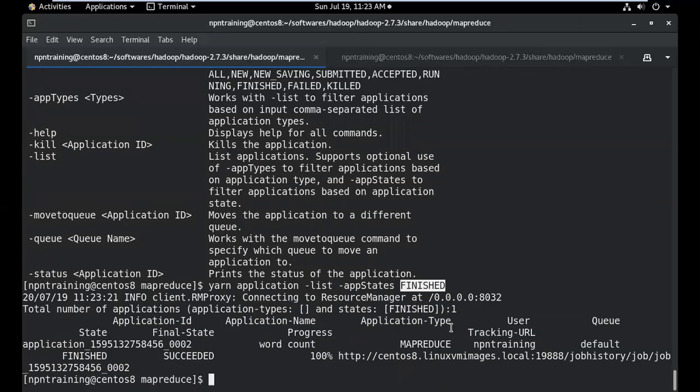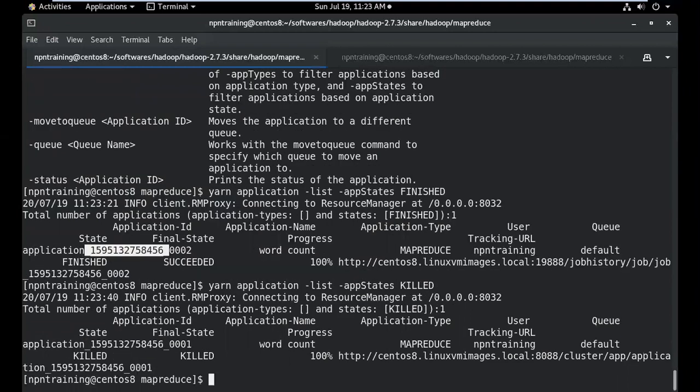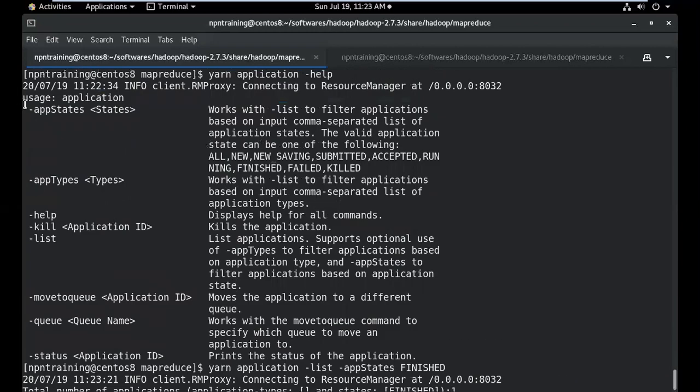Can you see this? It is listing all the jobs which are finished. Similarly, you will also get information about jobs in different states, for example, killed. Can you see this? This is the job which was killed. That is what app states is all about.